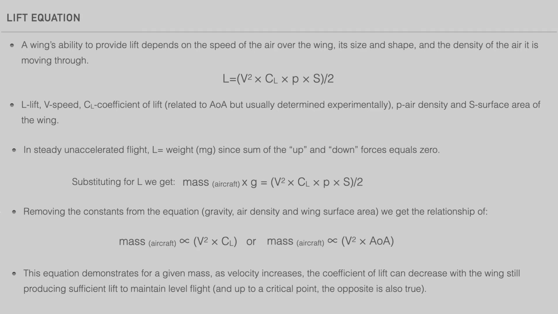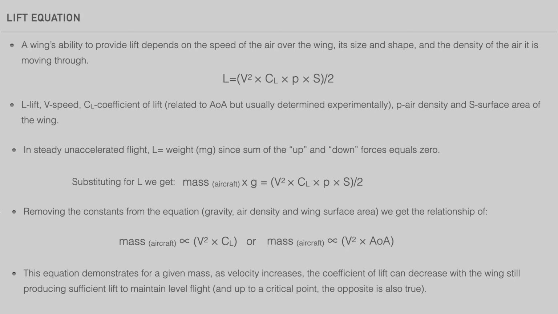In steady, unaccelerated flight, lift and weight should be equal but opposite, since the upward forces and downward forces equal zero. We can therefore substitute the lift in the equation for mass of the aircraft times the gravitational constant. For practical purposes, we can then simplify the equation by removing the gravitational constant, as well as those factors which the pilot cannot control, such as the air density and overall surface of the wing, and are left with a